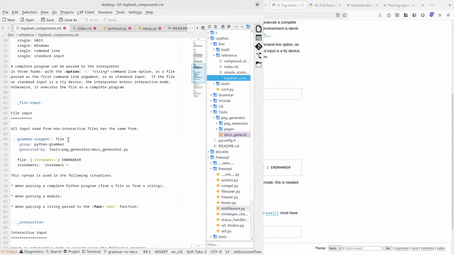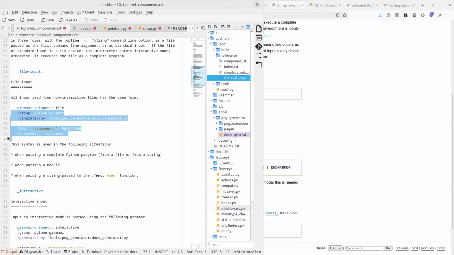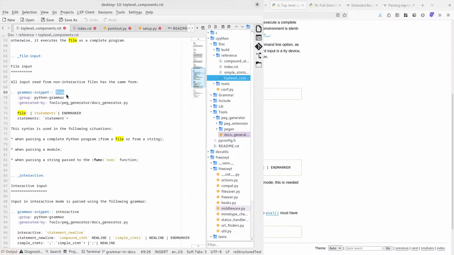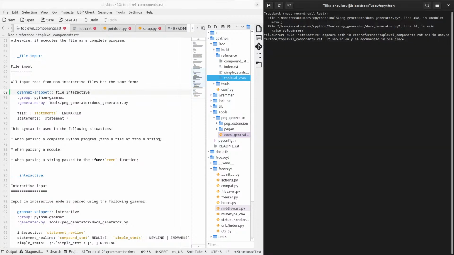The file snippet is generated purely from this line and the grammar, of course. So everything here is auto-generated, and here I have a specification of what I'm documenting. It doesn't have to be just one rule. If I put file interactive here, then hopefully